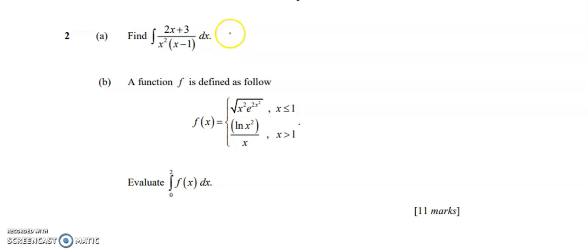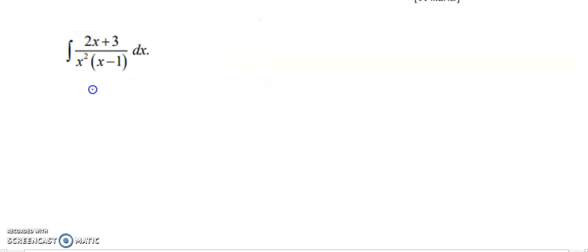For Section B, question 2, question 2a, we need to use partial fractions to change this fraction into partial fractions. Then only we proceed to the integration. Alright, so we'll change the (2x + 3) over x squared (x - 1) into its partial fraction, where we'll